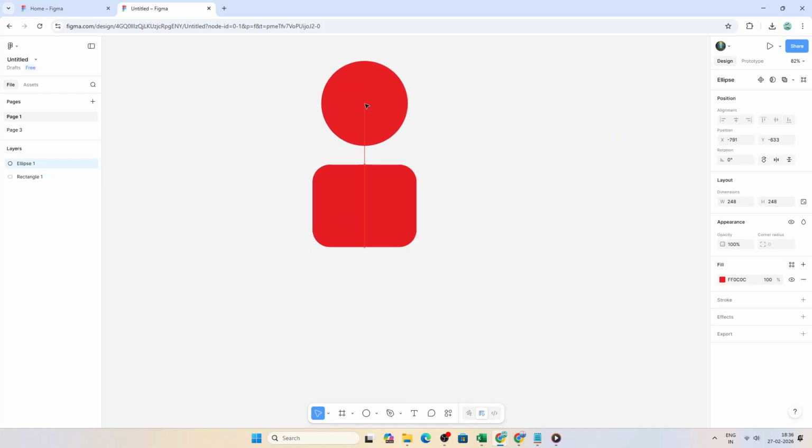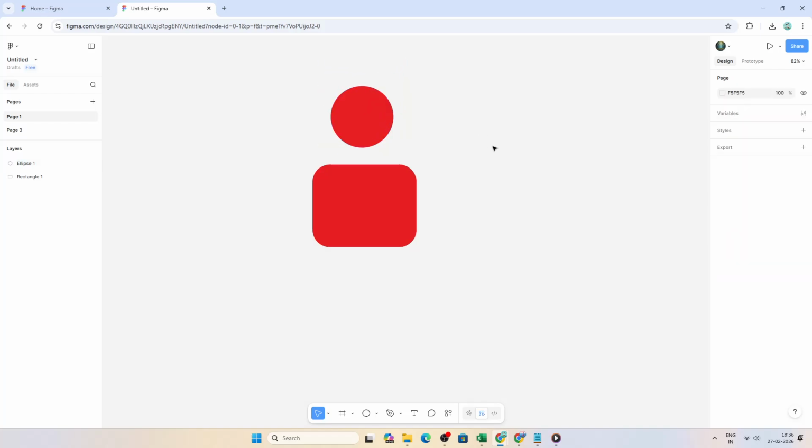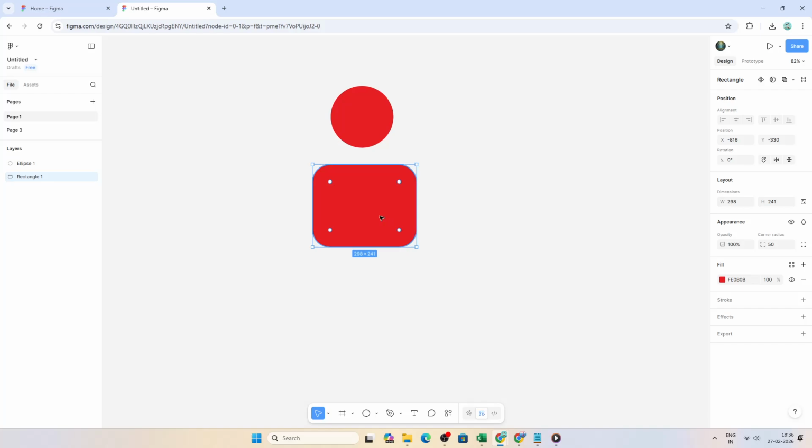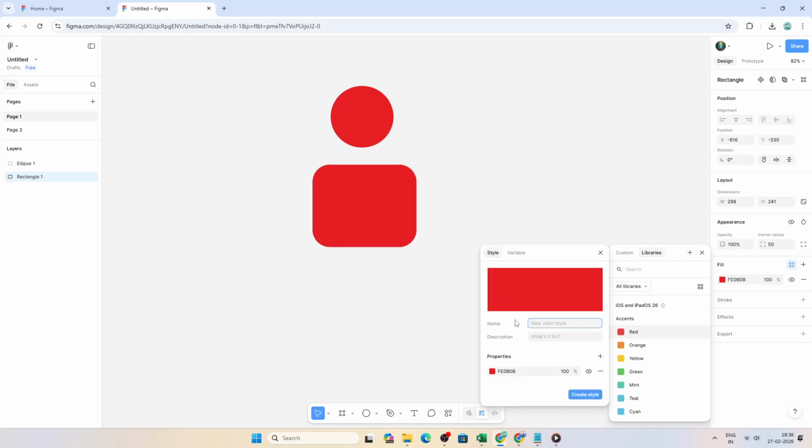With your swatches in place, it's time to turn them into reusable color styles. Click a shape to select it. In the right sidebar under Fill, look for the 4-dot style icon and click it. Then hit the plus icon to create style. Give the style a clear, purposeful name such as Primary Dark or Neutral 50. Naming matters because it communicates how the colors should be used. For example, Neutral 50 suggests a lighter gray in a scale, and Primary Dark suggests a stronger version of your